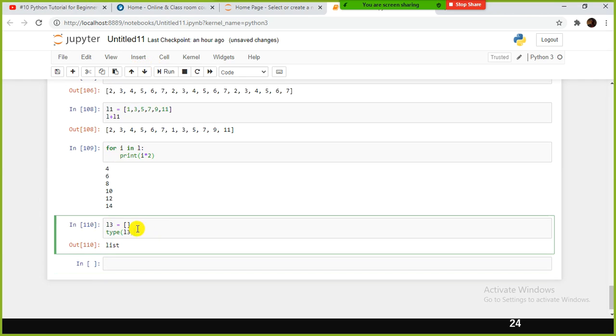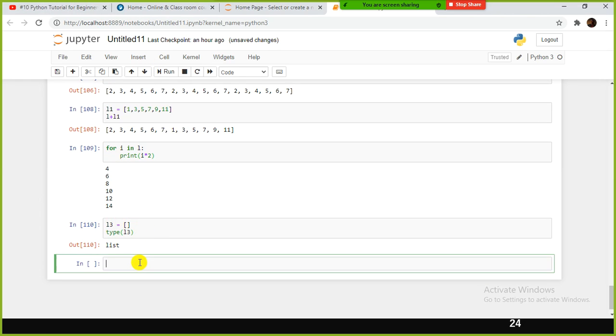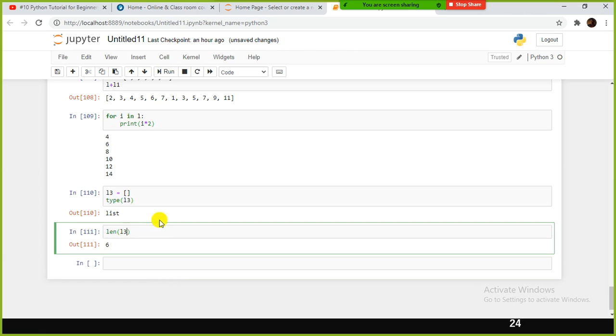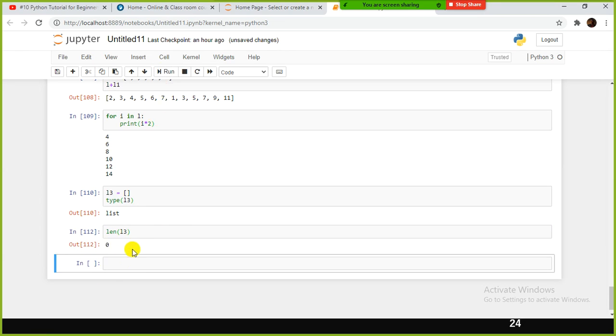A list only, right? This list has no element in it. So how do I check the values in a list? The len function is available. So in this case, we have L3, nothing is there, right? So we don't have anything.